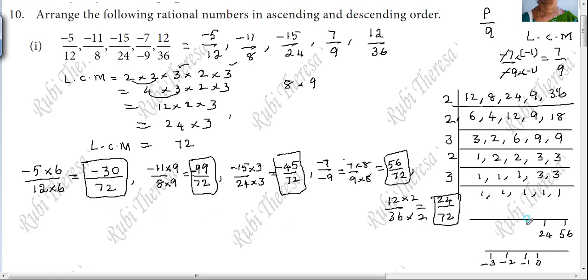That means what here? Minus, very good, 30. Next one is minus 45. Next one is minus 99. Do you follow? That means what in the denominator? By 72, by 72, by 72, by 72, by 72. Understand? Do you follow or not? So, which one is the smallest here? The symbol should be like this.